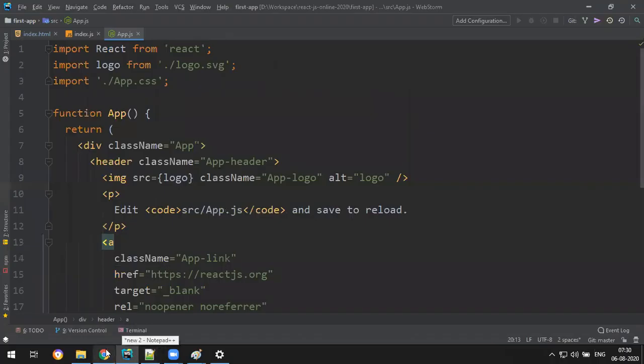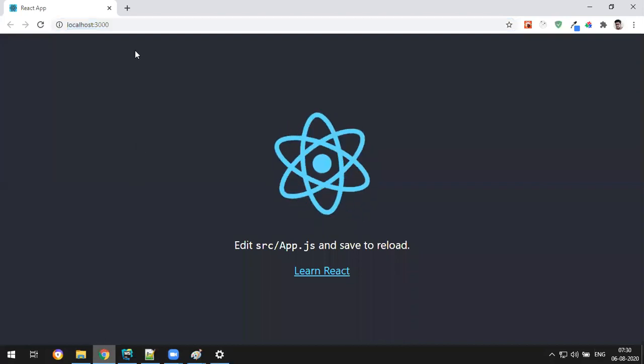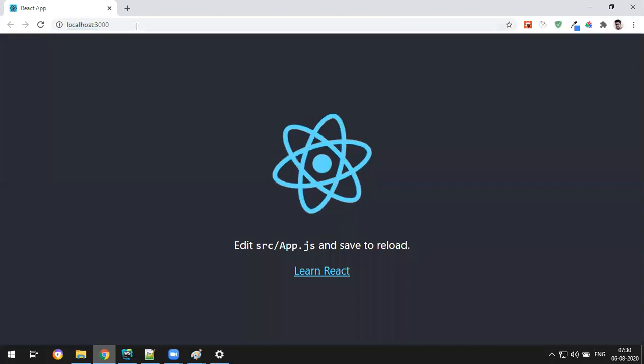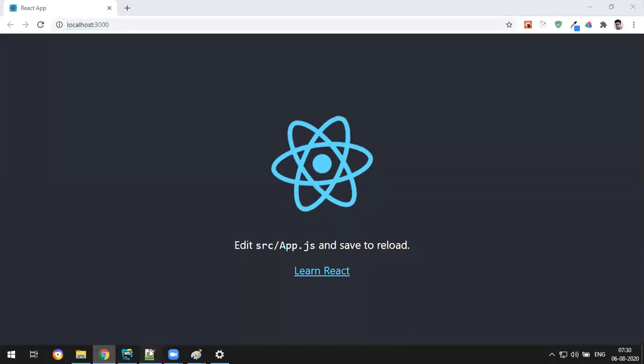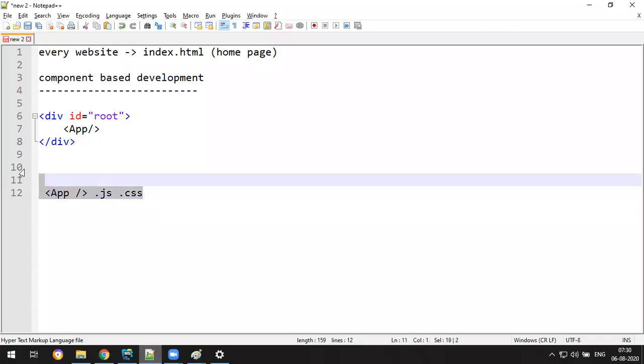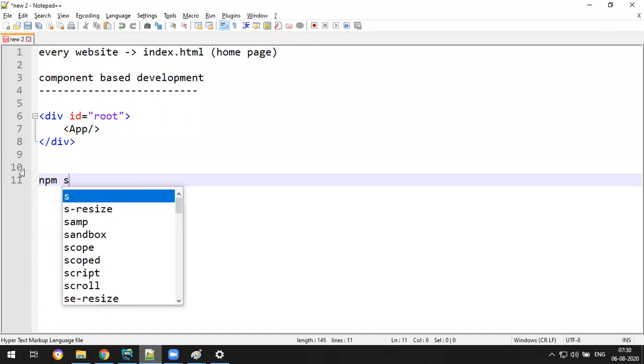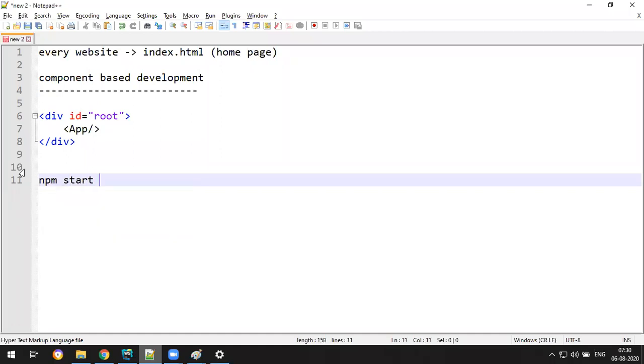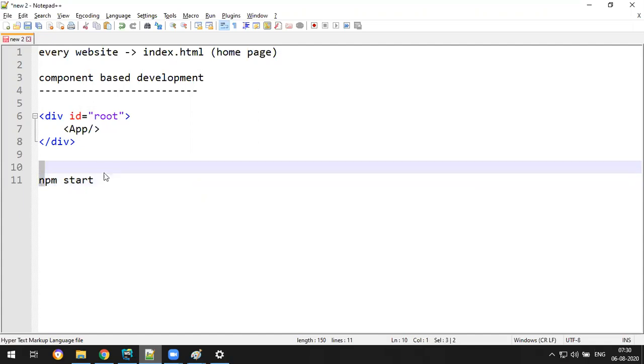Even one more thing: fine, we enter this URL and we got this. But before we enter the URL, we type something else. To start the server, we hit npm start. As soon as the application is created, we hit the command called npm start. As soon as you hit npm start, the browser opens. From the browser, we have seen the flow. But how does the browser open? Through the npm start command, right?